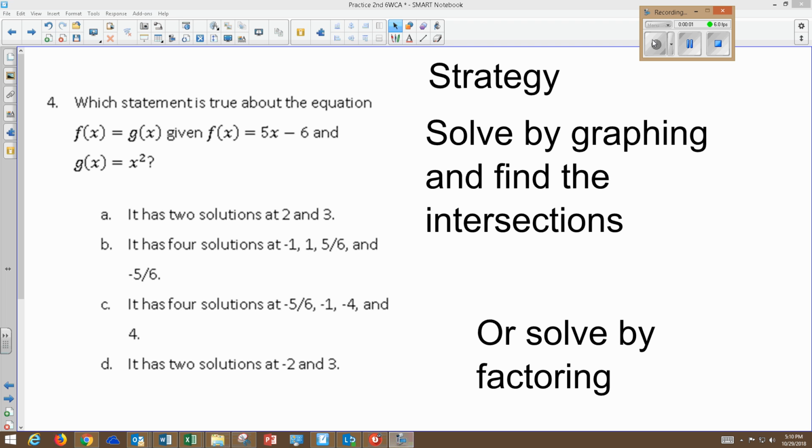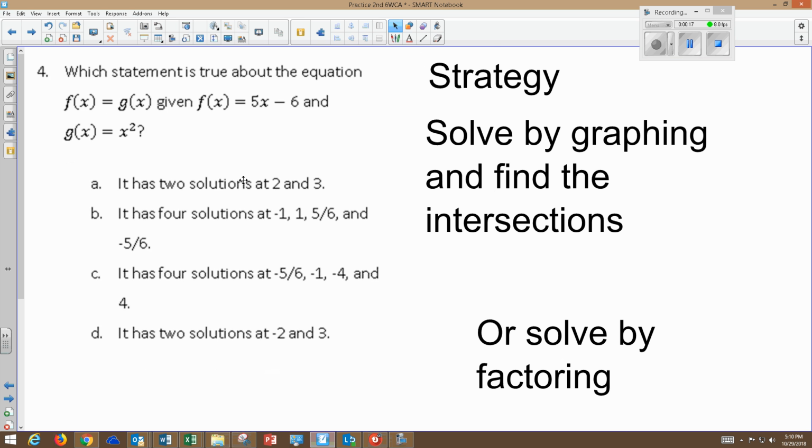Okay, now we come to problem number 4. Which statement is true about the equation f of x equals g of x, given that f of x is 5x minus 6 and g of x is equal to x squared? So we want to see which one of these is true. It has 2 solutions at 2 and 3, or it has 4 solutions at -1, 1, 5, 6, and -5, 6, or it has 4 solutions at -5, 6, 1, -4, and 4, or it has two solutions at -2